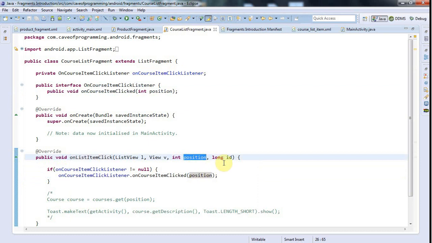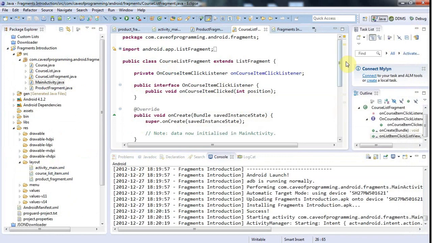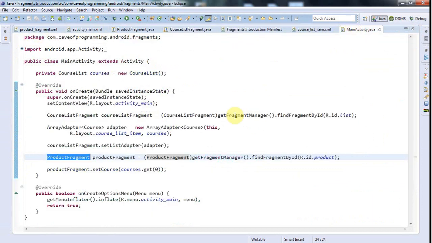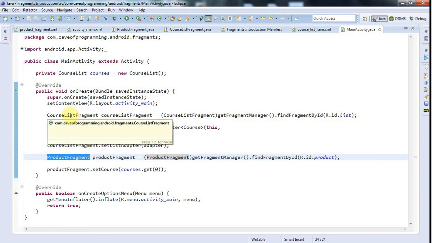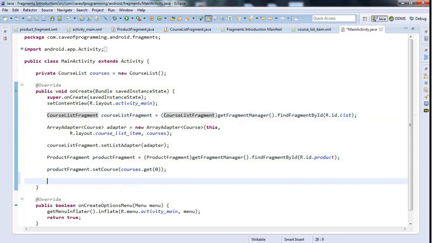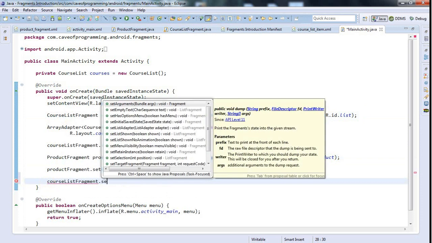Now the other bit here, this bit you probably will be familiar with because you will have done it before when you were listening to buttons and that kind of thing. In the main activity, I've got a reference to my course list fragment here, and I'm going to add a listener to that. In fact, let's do it way down here, because at this point I've got references to both fragments available, and I'm going to say courseListFragment.setOn,